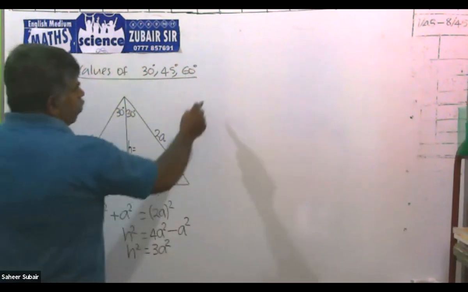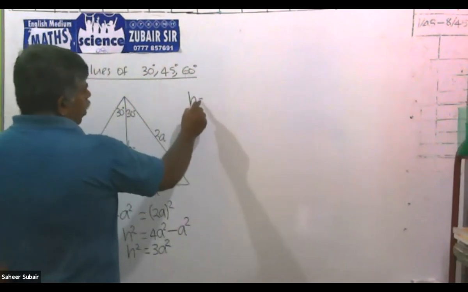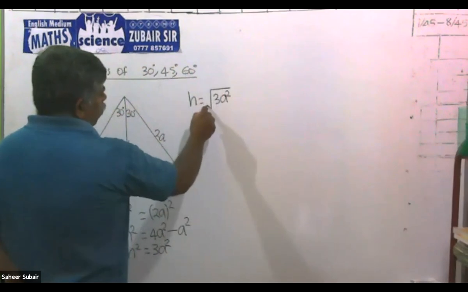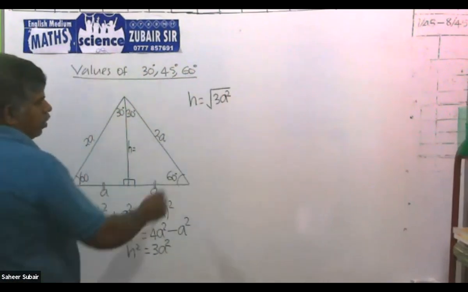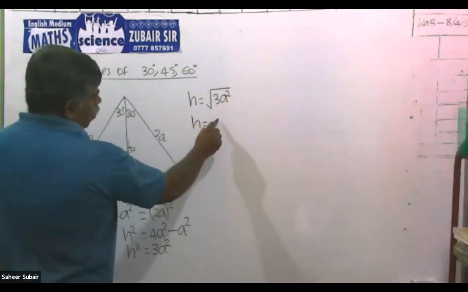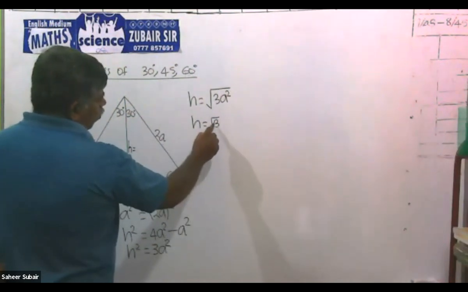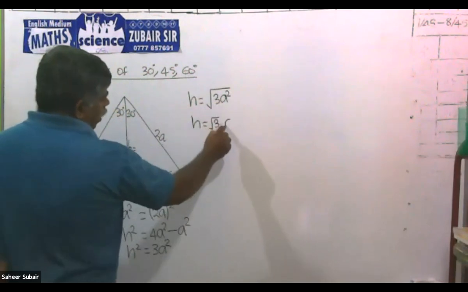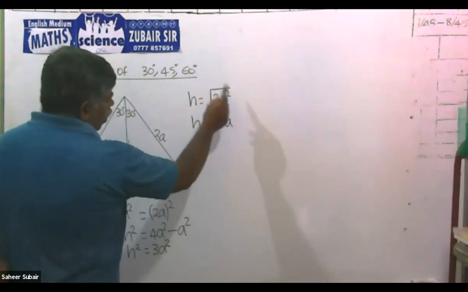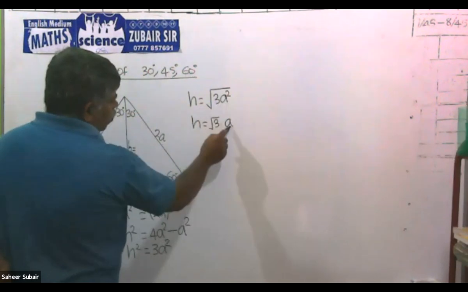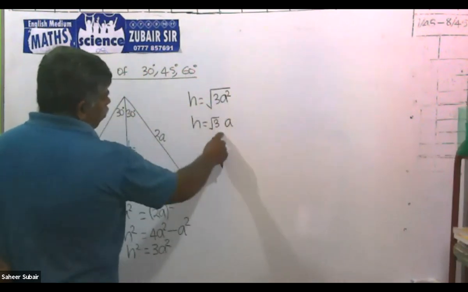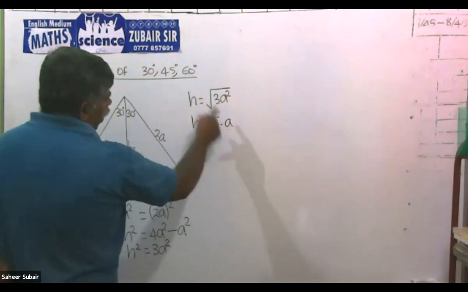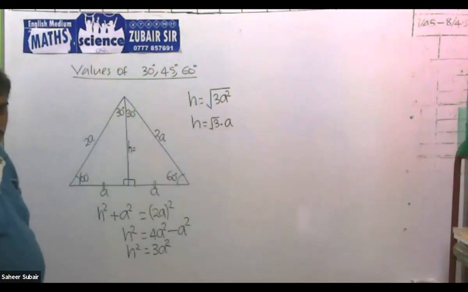Then H squared equals 3A squared, so to find the H, we have to take the square root of 3A squared. Then H is equal to the square root of 3, we don't know it, so we leave it in the root form. The square root of A squared is A. Square root means which number's square is that? That is A squared, so A. So we can put the square root only for the 3. A squared becomes A while taking the square root.